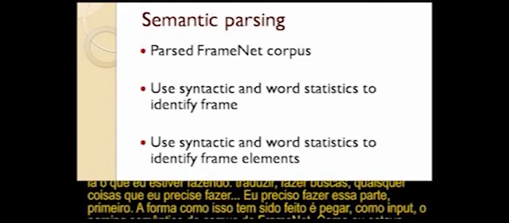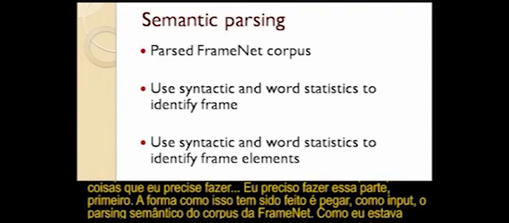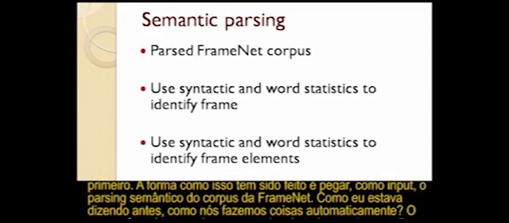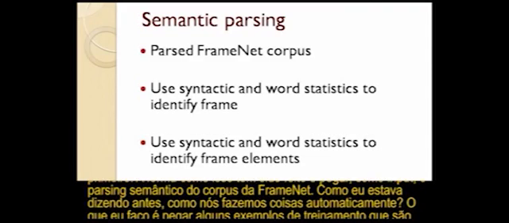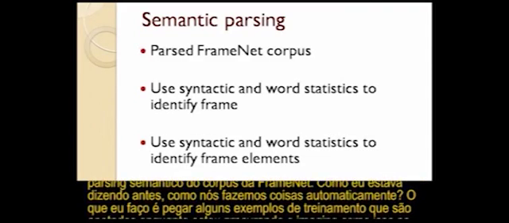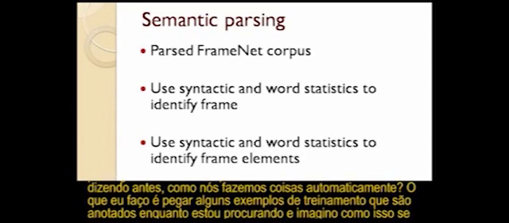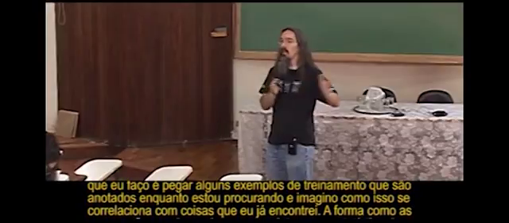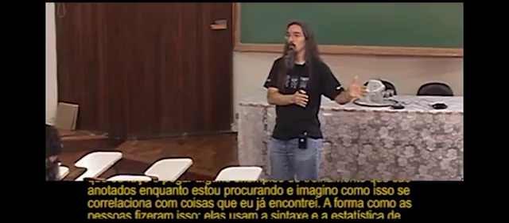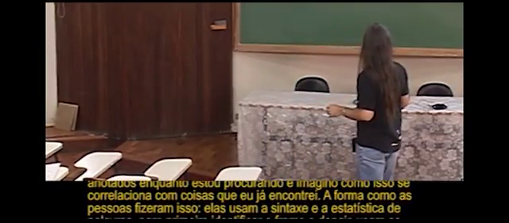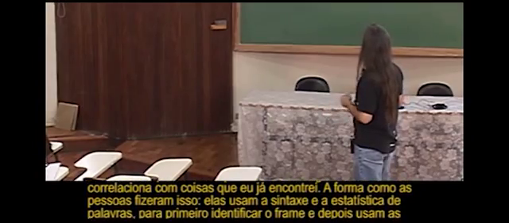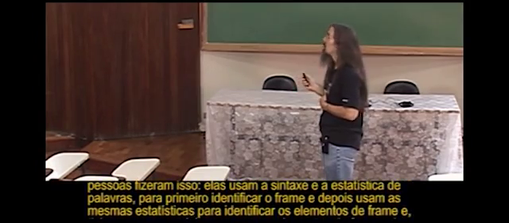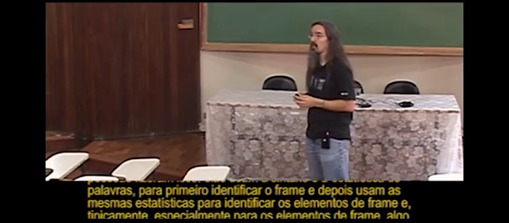Now, the way that this has been done is that people take as their input the semantically parsed FrameNet corpus, right? So as I was saying before, how is it that I automatically do stuff? Well, what I do is I take some training examples that annotate what it is I'm looking for, and I figure out how that correlates with stuff I can already do, right? So the way that people have done this is they use the syntactic and word statistics in order to first identify the frame,